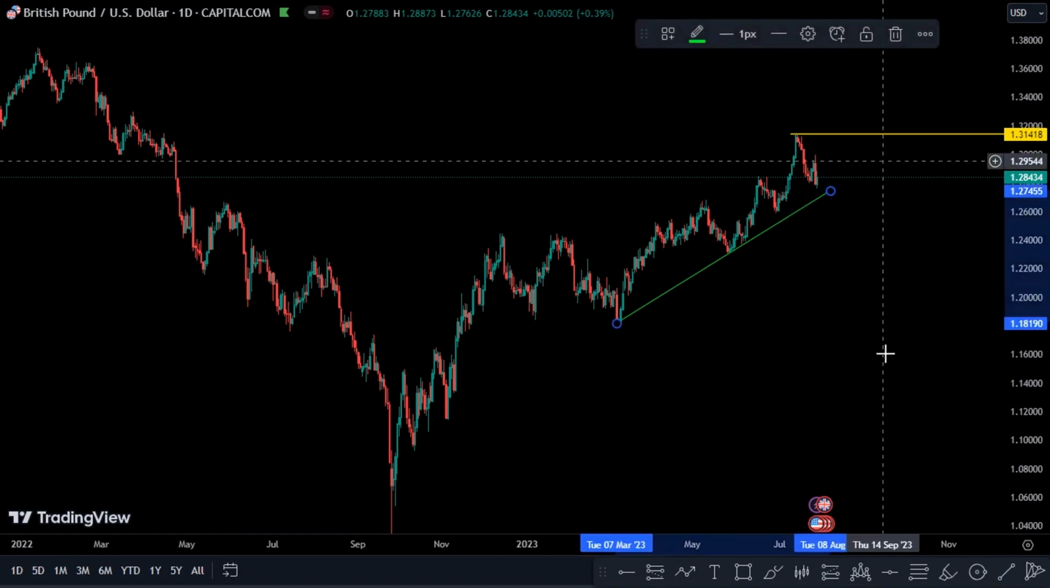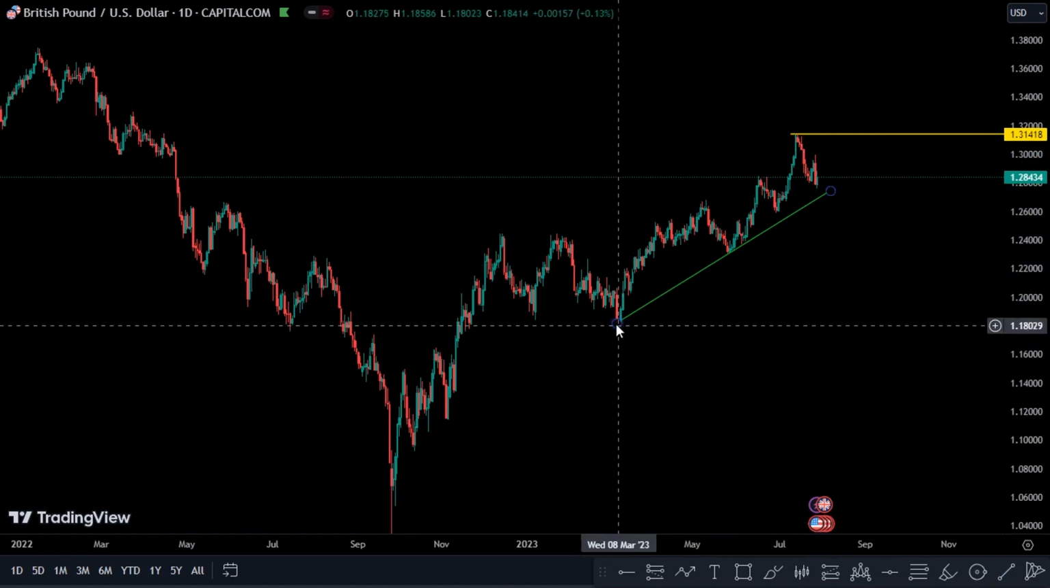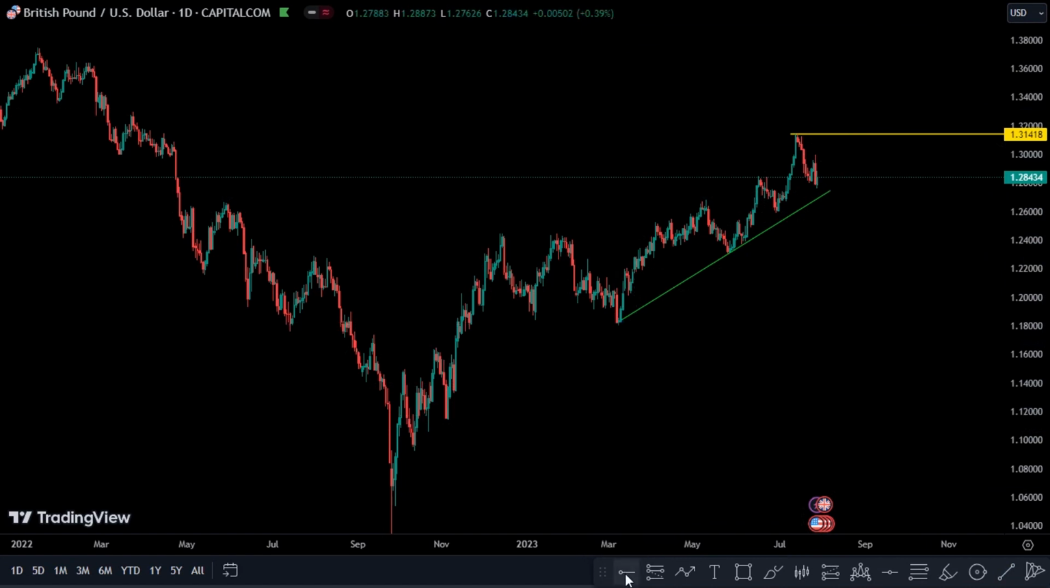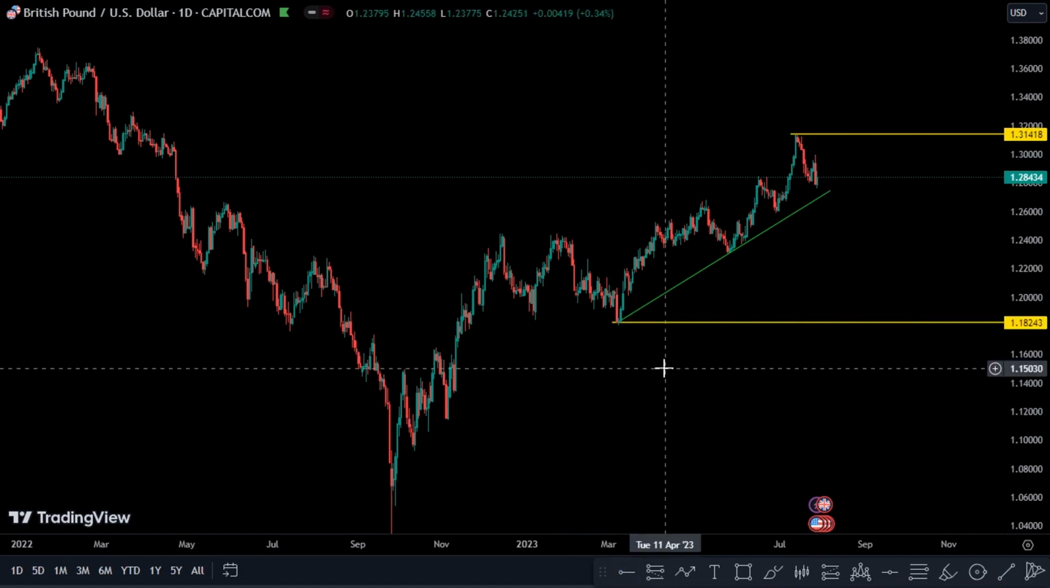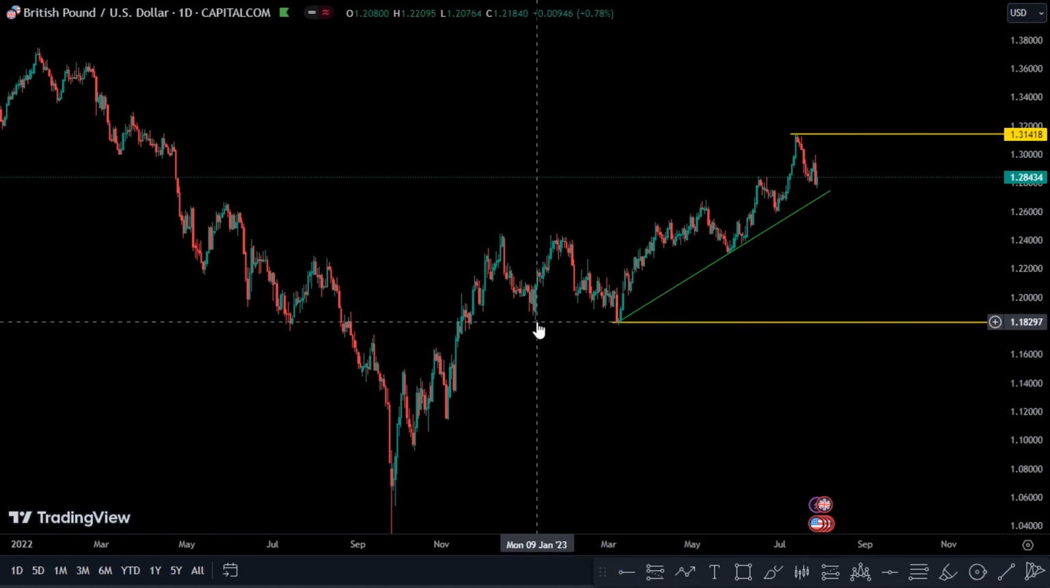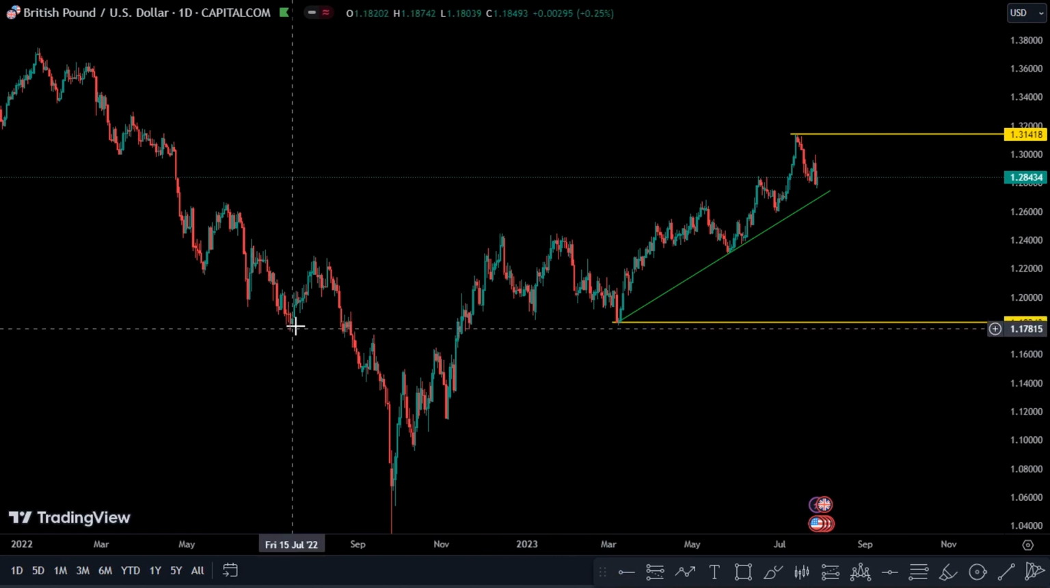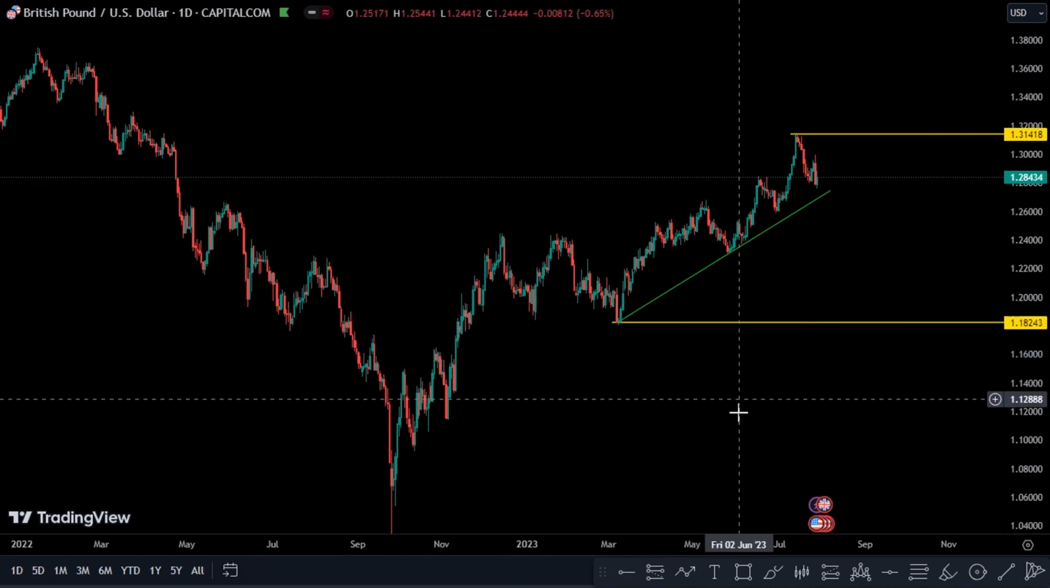Okay, also see that area right there, and then I see this as being my significant current swing low. This area right here, you can see it being respected here, respected here, respected here. Okay, I do see it as being my